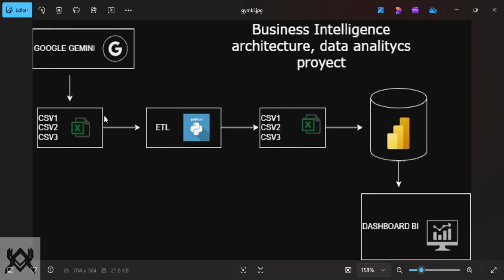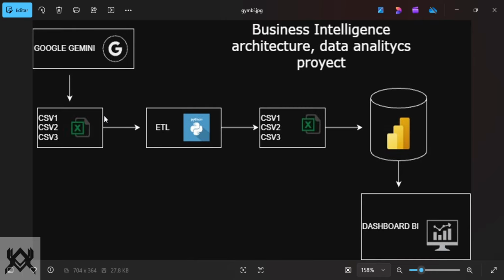After, I am going to develop my ETL process in Python. Remember, we write this process in Python. In this case, we need only one script, where in my extract process I extract my three CSV files saved on my local machine.